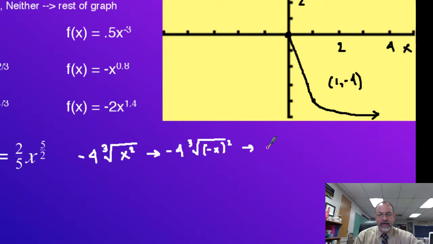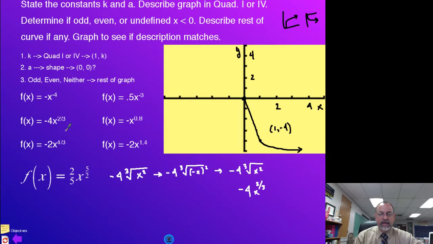If I simplify that, I've got negative 4 cube root of, and then that negative x squared ends up being x squared. Now if I rewrite this back as a fractional exponent, I've got negative 4x again to the 2/3. So I end up with the exact same function that I began with,